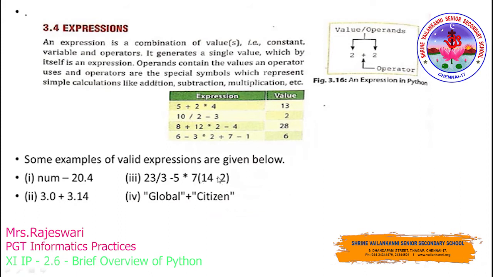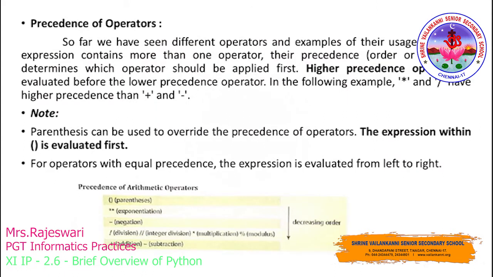So here, if they have given 14 minus 2, this will be evaluated first, and then the value will be multiplied, and then you will do further processing. So this is how you will work on the precedence of operators. And here, if you see, they have given some precedence of arithmetic operators in decreasing order. So the expression within the parenthesis should be evaluated first, and then if there